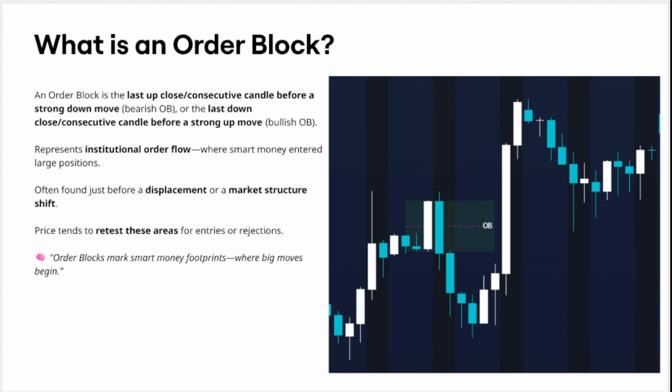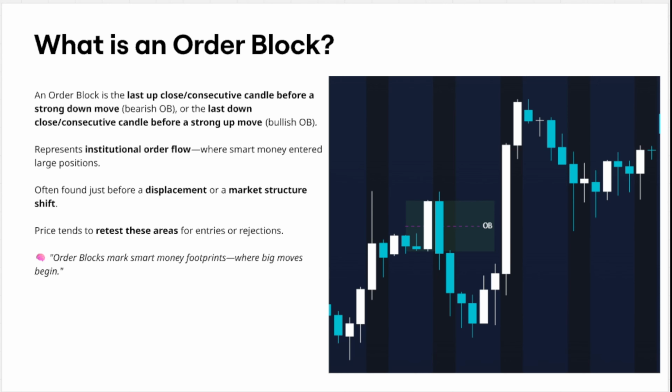A lot of traders are not correctly identifying breaker blocks because they're failing to identify an accurate order block to even mark out. Okay, so first let's dive in. What is an order block? An order block essentially is an institutional order flow where smart money enter a large position, where you can essentially view it as a liquidity zone